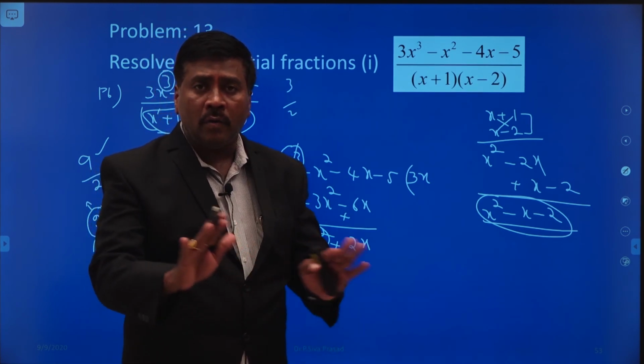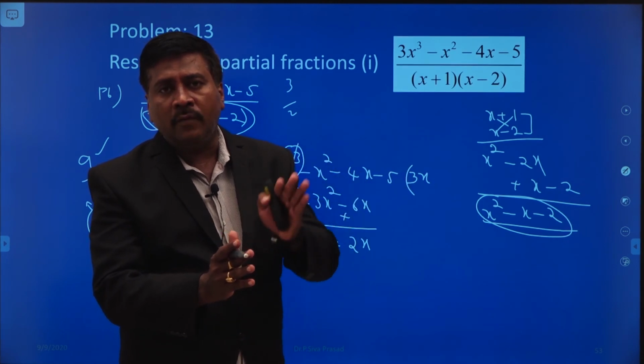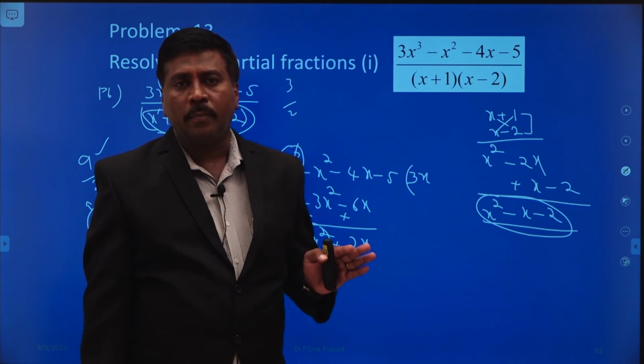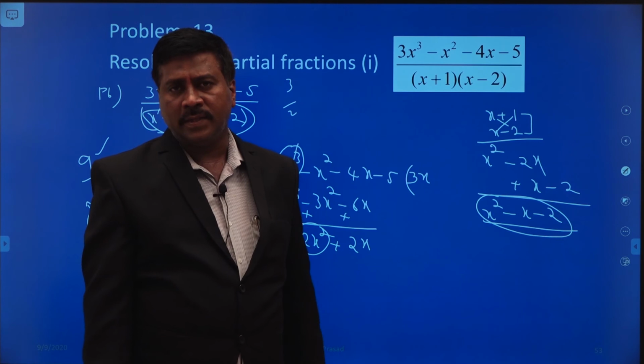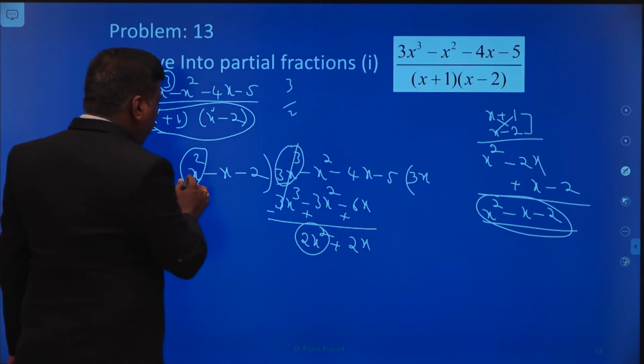That means finally we conclude that the total part of the improper fraction is to be converted into the proper fraction only. At that stage, you have to stop the process. Then only up to that, we have to resolve into the partial fractions again. Okay. Now, please say this. So, now you have to keep in your mind.